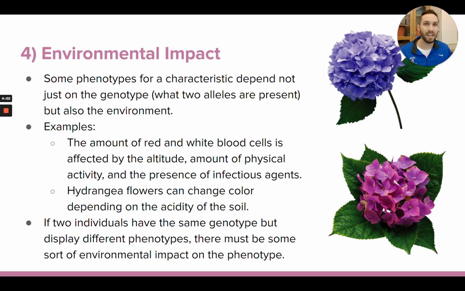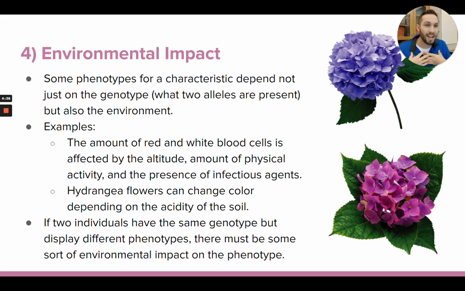So there's lots of traits where your phenotype is affected by what's going on in the environment and not just what's going on in your DNA. So far, we've just been looking at, okay, what two alleles do you have? That determines your phenotype. But there's lots of situations where it's not just what two alleles you have or what information you have for a gene in your DNA, but your phenotype is also going to be affected by things going on in your environment. Skin tone, if I just go back to skin tone, that's a great example of a trait that's also impacted by the environment.